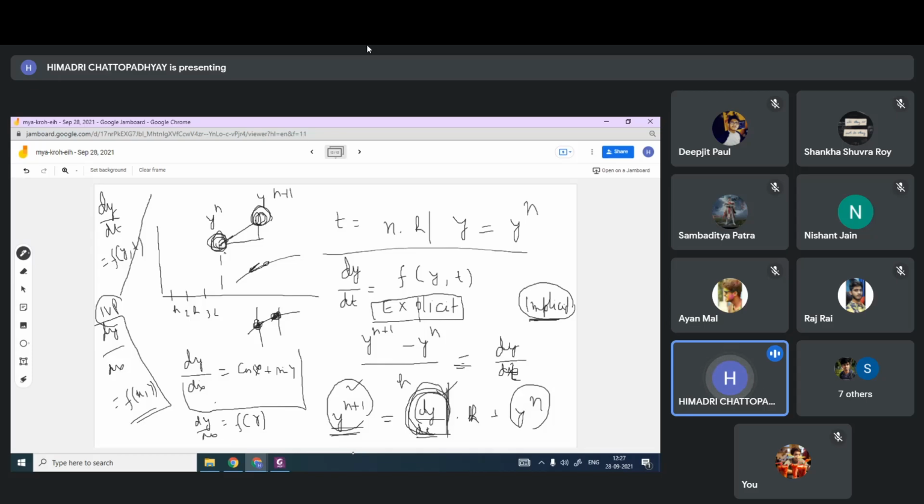If I evaluate this at only the known location, that is explicit. But I can as well evaluate it at the next location. Then it becomes related to yn plus 1, and you have to solve it again with further iteration, not the simple way. Anyway, we will not go into implicit now, but it will be more clear when you learn finite difference. But this is called Euler's method. So what you have learned is Euler's method.